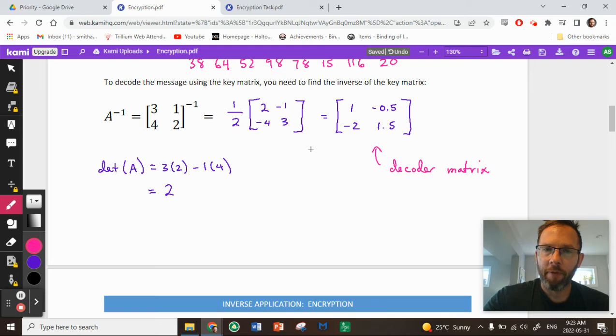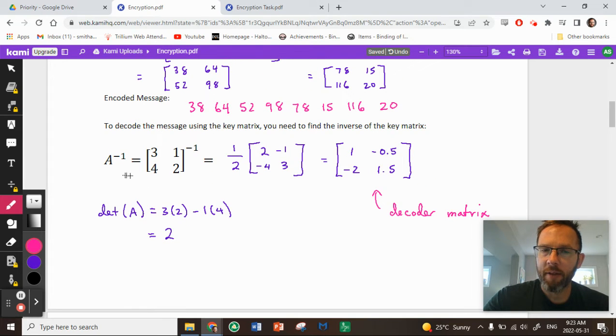Now, our friend needs the encoded message and needs the original matrix A in order to decode it. The original matrix A could be something you all just know, or maybe you have several decoder matrices, depending on the day of the week or day of the month, et cetera. You can have your own rules for that. But the big idea is you need the encoded message and the